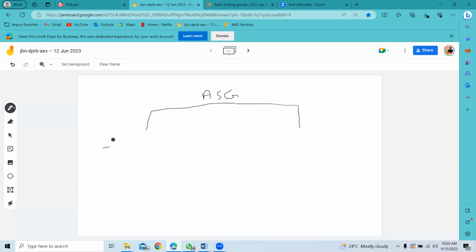Template. Correct. So how do we launch ASG? With a launch template, right? This is the most important thing. Without a launch template, you cannot launch ASG. So second, you have to give minimum, maximum and desired. Okay. And the third thing is you have to give